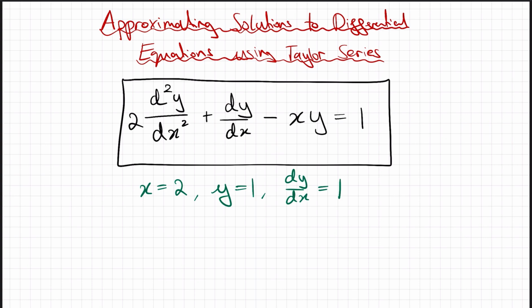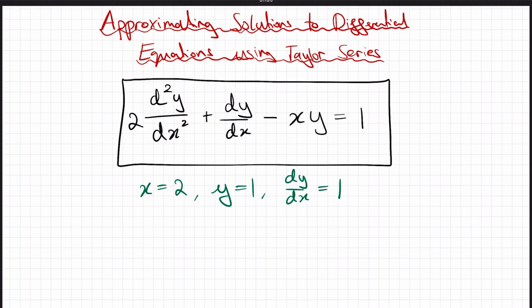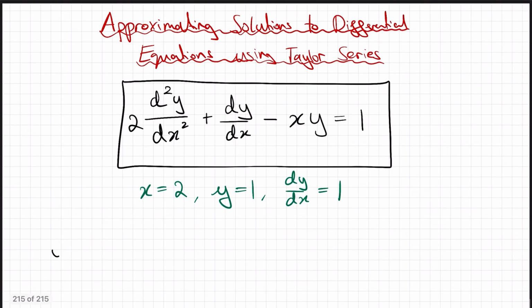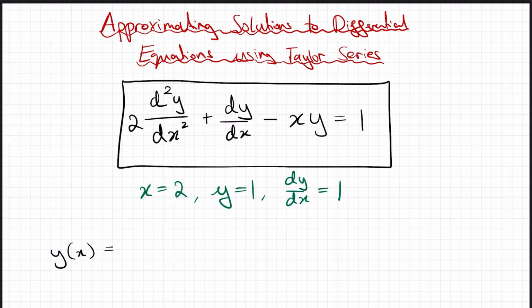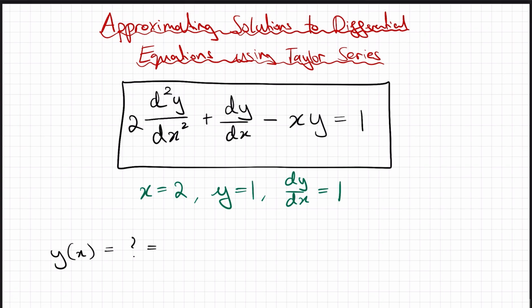So let's remind ourselves how we could find y. Now, we have y of x. That's what we're trying to find, and we don't actually know what this is. That is the solution. But what we do know is that using a Taylor series, and that's not specifically centered at x equals 0, which would be a Maclaurin series, but a Taylor series, we can rewrite y in terms of its own derivatives. So this is going to be equivalent to y of a